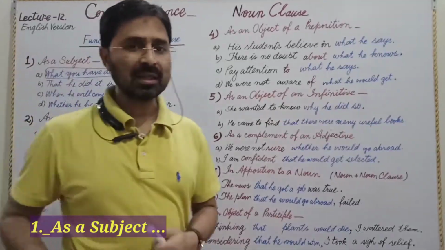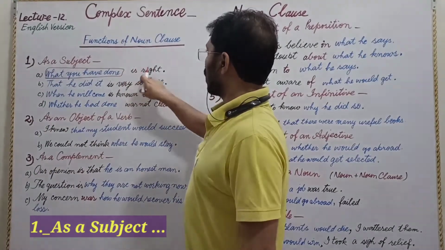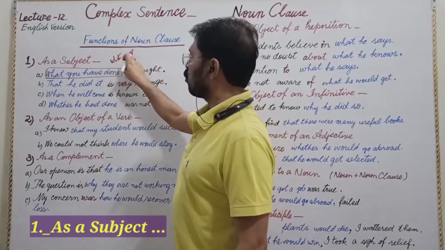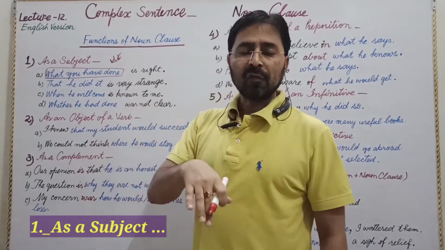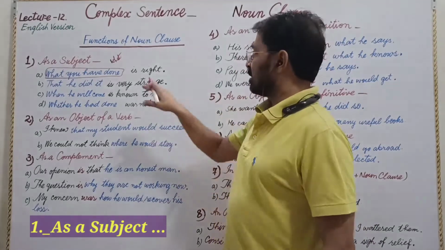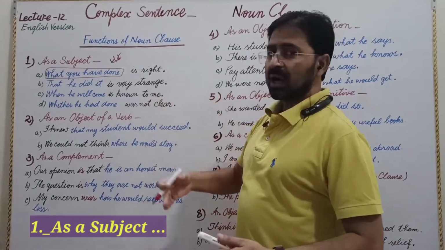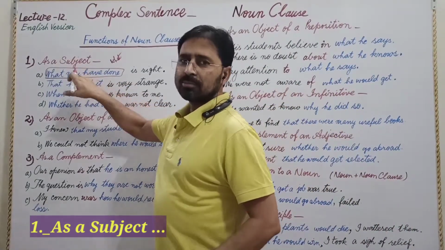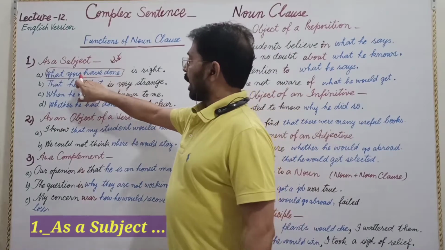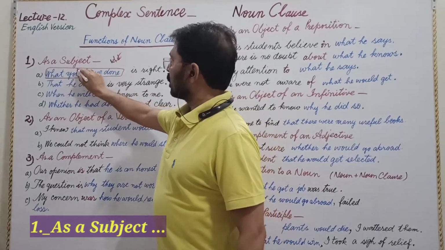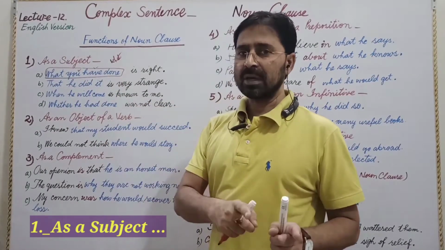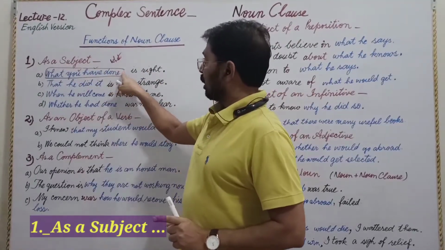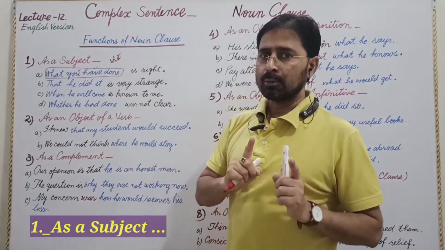Now how can we say that this is the subject? If we ask what, the answer of what is placed before the linking verb and the sentence sounds affirmative, assertive, then we can say that this is your subject. And in this subject you find your subject and predicate. Because of having subject and predicate, it is a clause and it is placed in the place of a noun. That's why it is a noun clause.